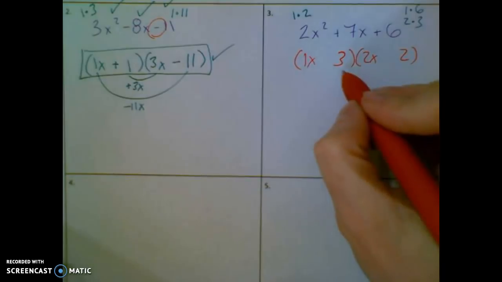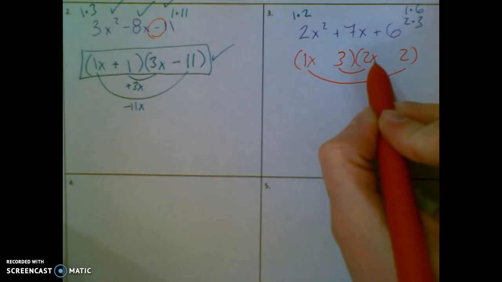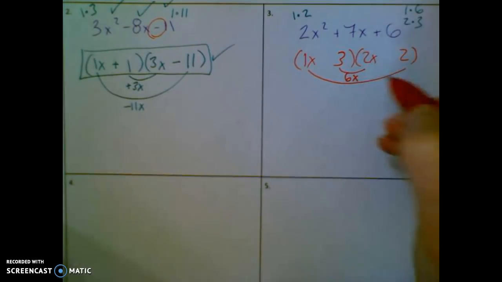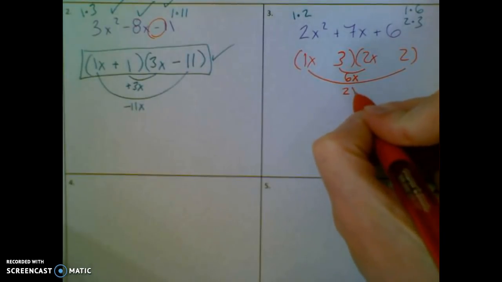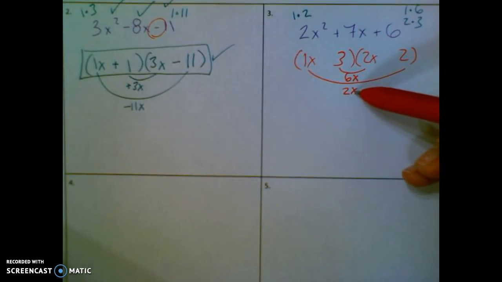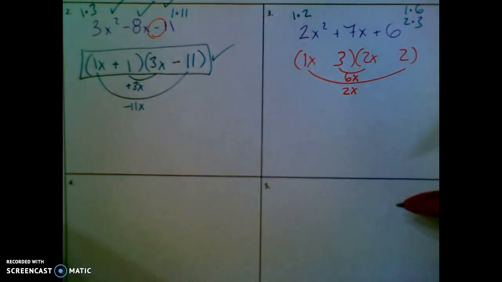All right, let's check my inner and my outer product. Inner product, 3 times 2x is a 6x. Uh-oh, already doesn't look promising. 1x times 2x is a 2x. Well, 6 minus 2 is 4. 6 plus 2 is 8. There's no way that 3 and 2 are going to work as they are, but I need to try them